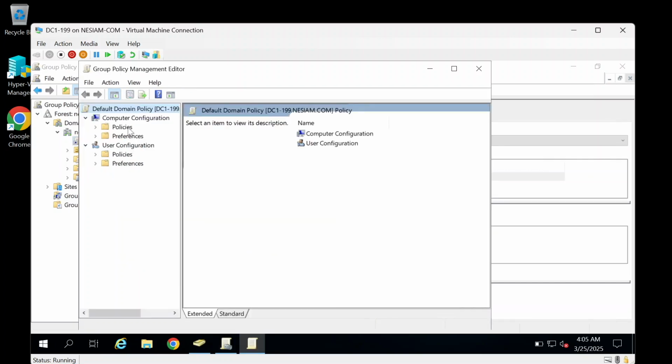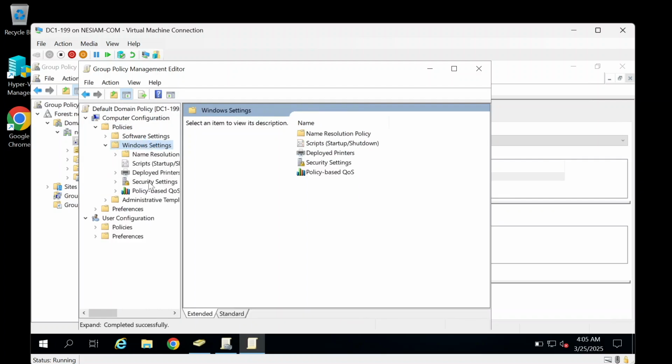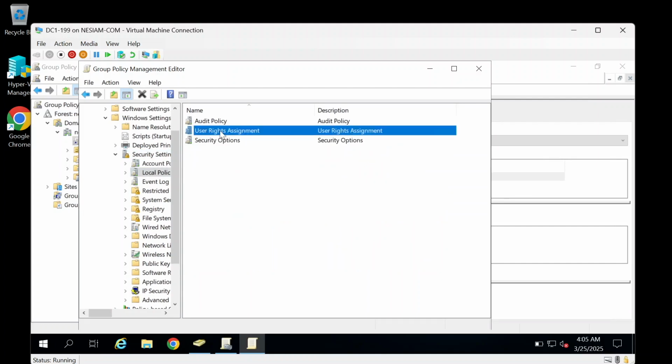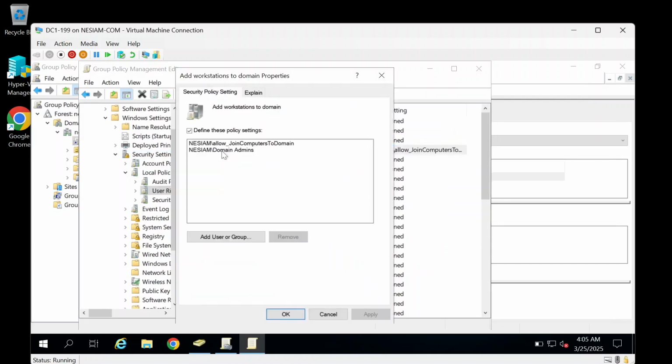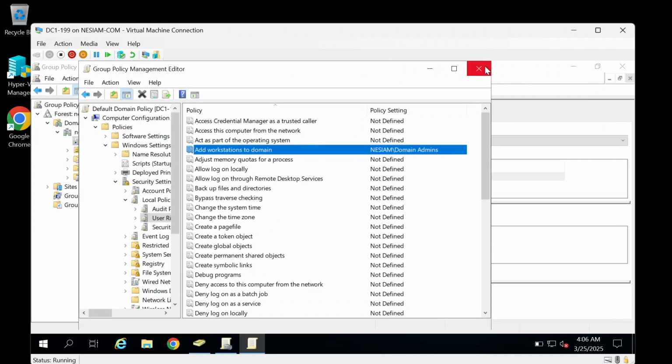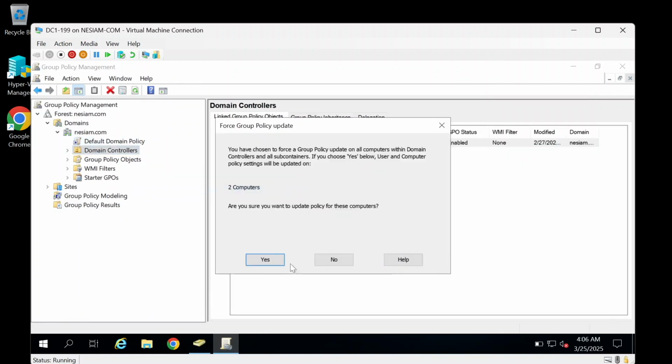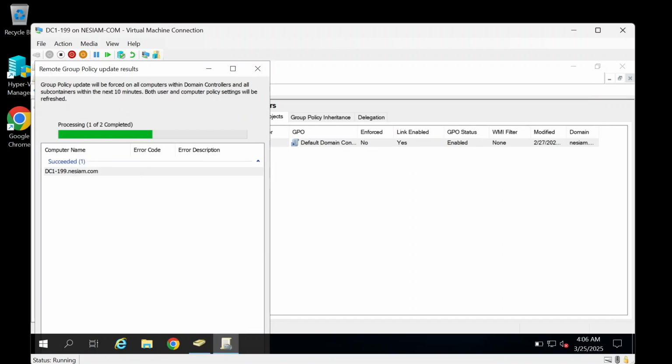Now let's go back to the policy part in my domain policy, and then just completely remove this group. Let's say at some point you want to just clean up, and you no longer need people to join computers to the domain because, for example, you're joining them to Azure AD or Entra ID right now. Okay, just remove the group and run gpupdate /force, and then just wait a little bit, and that's it. If you have multiple domain controllers, replication will take place, and it will replicate this change. This will kind of force the change to be